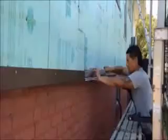Can't see the lumber. What we've done here, instead of putting a column on the bottom,